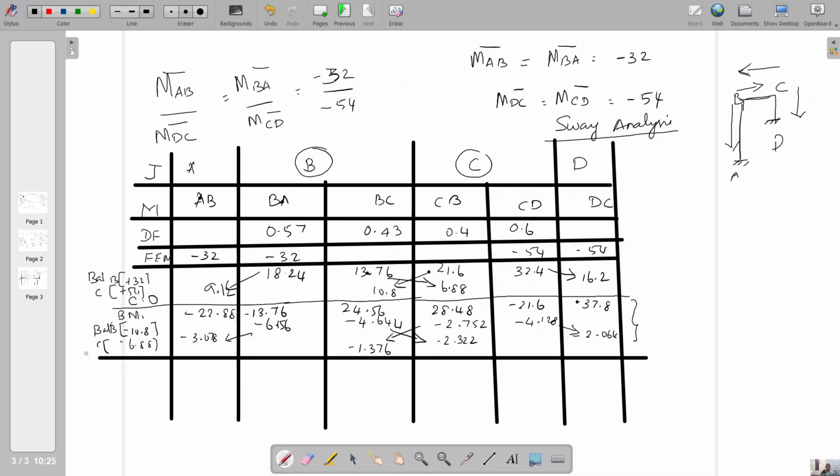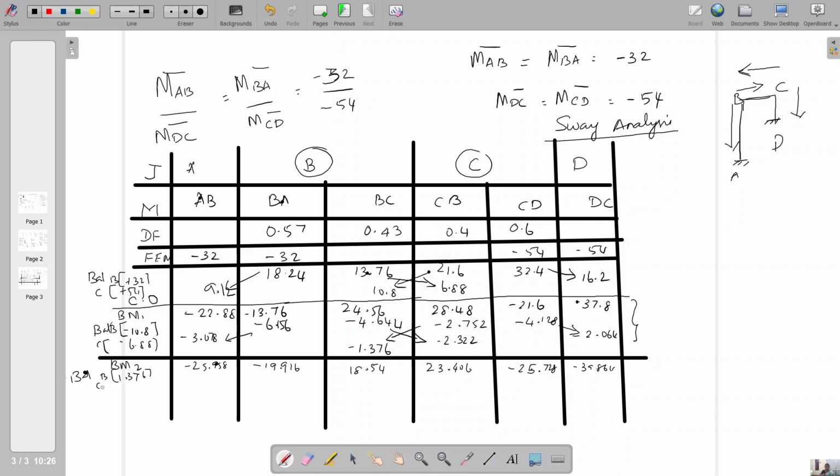So this is bending moment of trial 2. You add this minus 22.88 minus 3.078, that is minus 25.958, minus 19.916 and plus 18.54 and 23.406 and minus 25.728, minus 39.864. Again consider the balancing steps for the joint B, that is plus